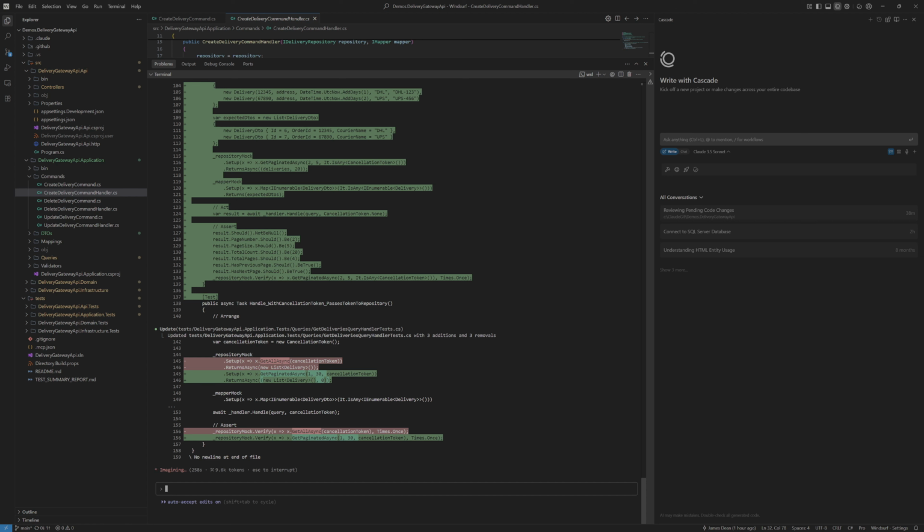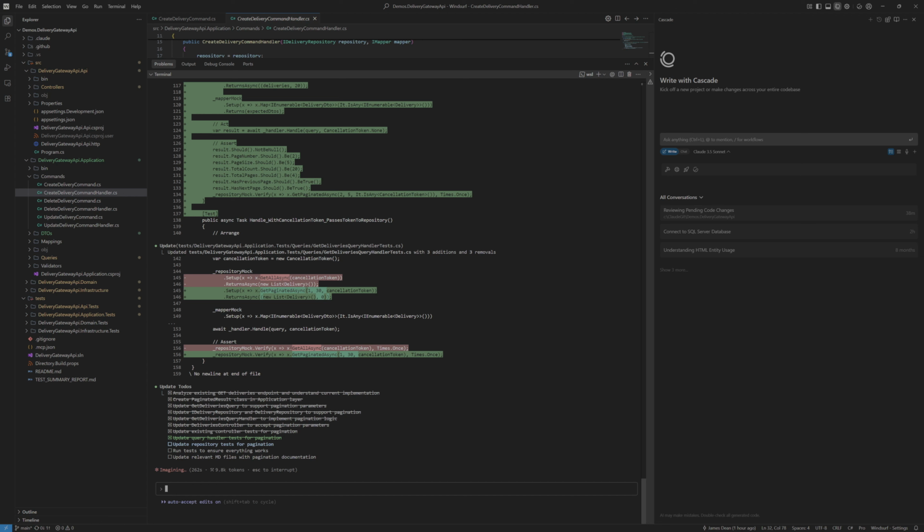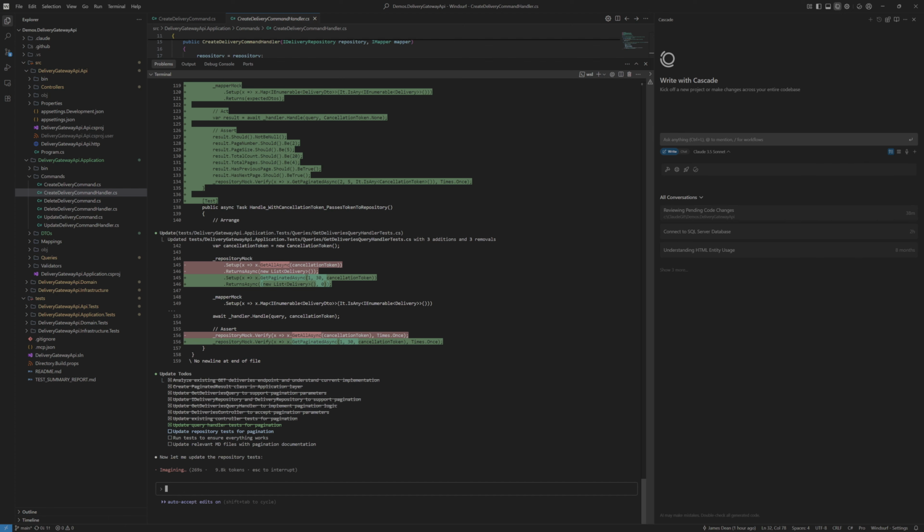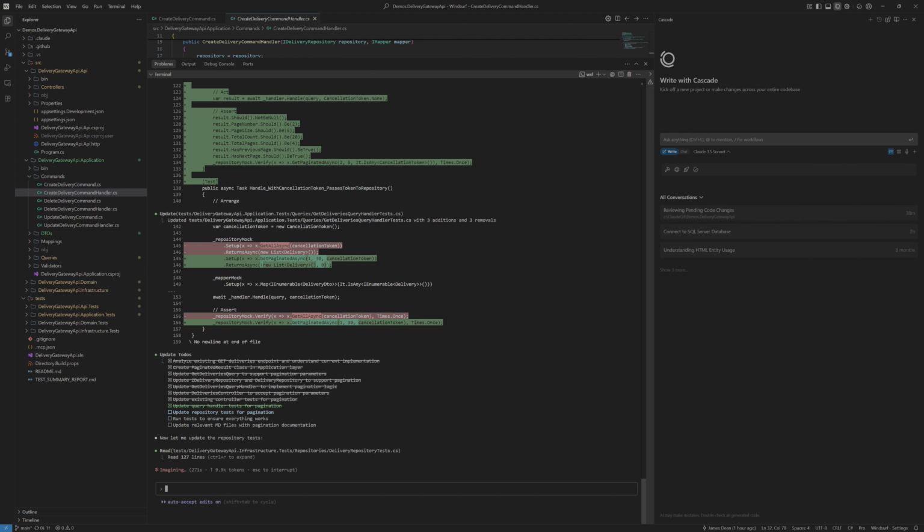So we've got an MCP tooling that basically allows different AIs to talk to each other. Because it's MCP and WindSurf supports MCP, I've already installed it in WindSurf. So it's sitting there waiting to go. It's just waiting for this to finish doing some stuff. So we're letting it do its tests, and then we'll try and do something. It's now doing some repository tests for pagination. It's then going to run the tests. It may react to some things that are necessary for those tests to work, and then it's going to update